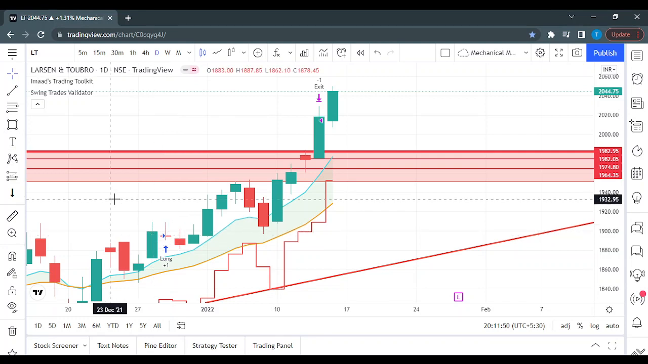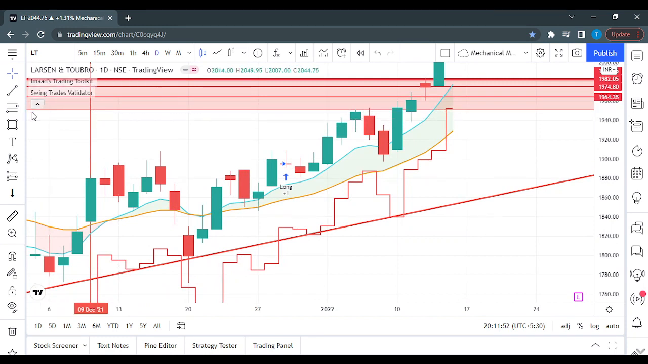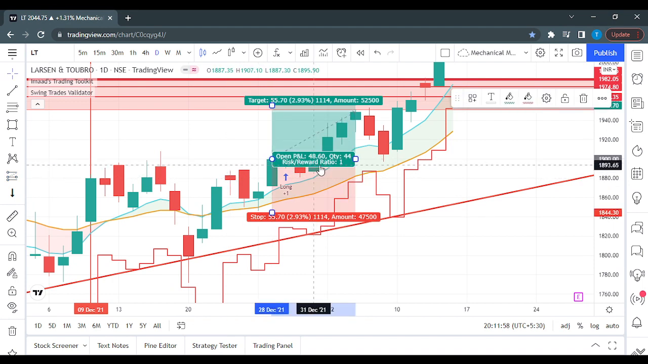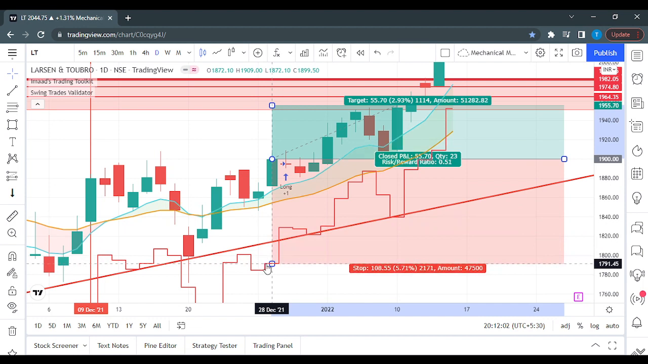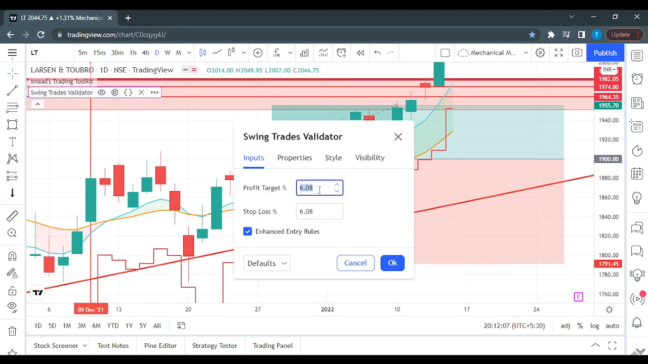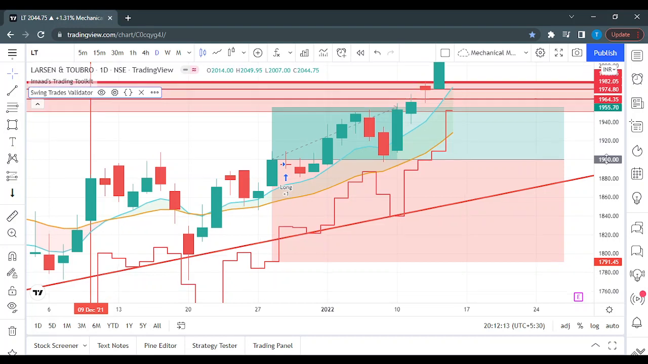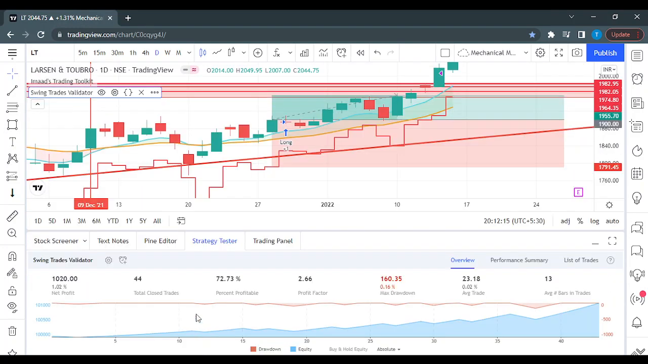And from here, let's say if we had to, let me place, okay, I've placed the stop loss. Let me see if I had entered at this point and given myself a stop loss of 5.7%. 5.7%. Now, if I give myself a 5.7% stop loss and target, out of the 44 trades that were taken